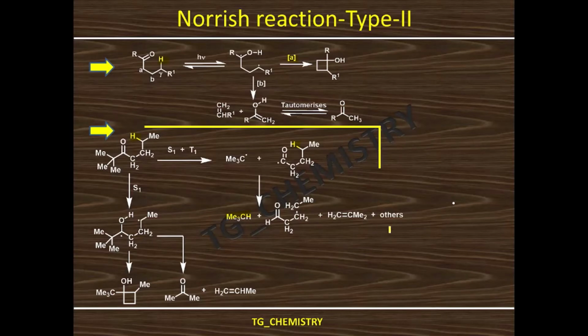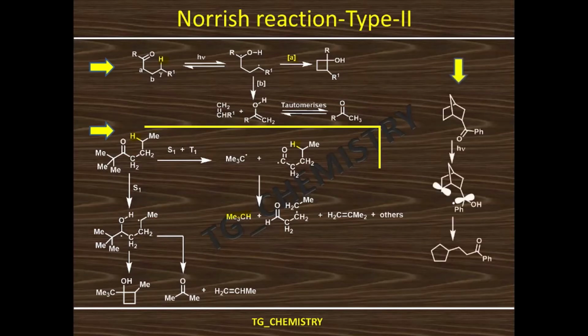So these are the fate of the Norrish type reaction, where several other byproducts or side reactions can proceed or be facilitated. These are examples of that. And the next example, as you can see here, is a bicyclic ring system having a carbonyl substituent attached to it. So this is basically a bicycloheptane 2-phenyl methanone, and upon photoirradiation it will abstract